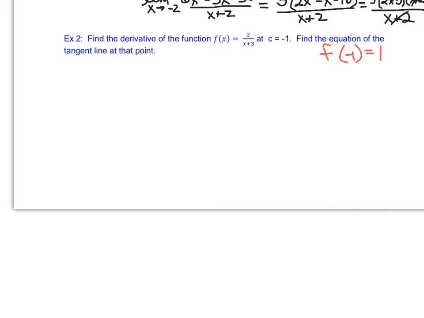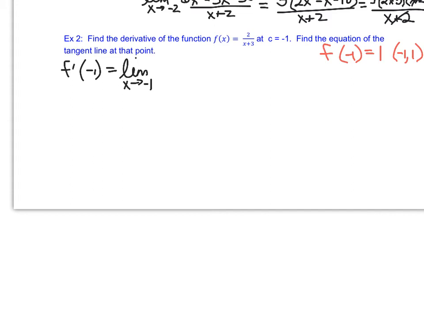So that tells me that my ordered pair is going to be negative 1 comma 1. Now we want to go ahead and find the slope of the tangent line. So we want to find f prime of negative 1 by saying the limit as x approaches negative 1. So you'll notice that this is different than our previous two formulas for the limit definition of the derivative, because